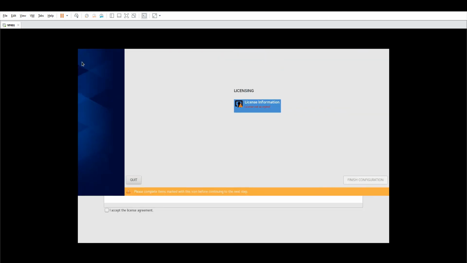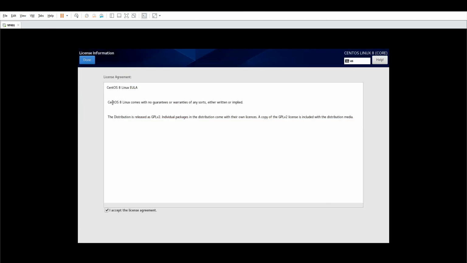License, we have to accept the license, licensing terms, and hit finish configuration. And that's it. Here it goes. So log in as a user. By default, it doesn't give us an option to log in through root. And as you can see here, so my CentOS